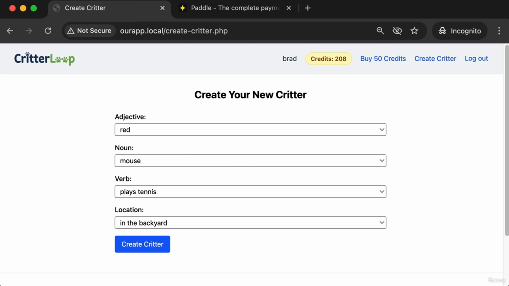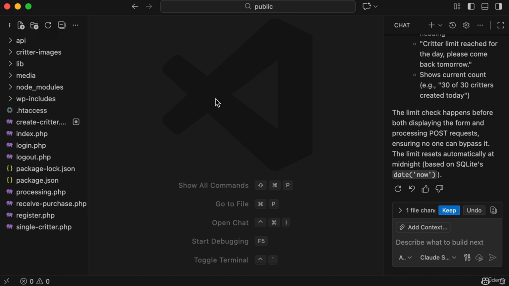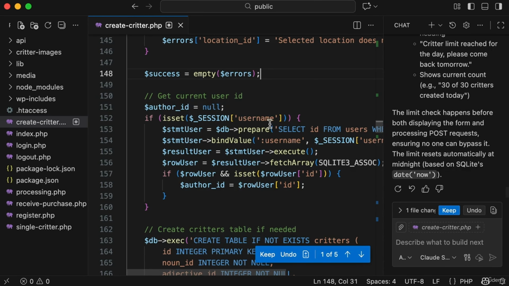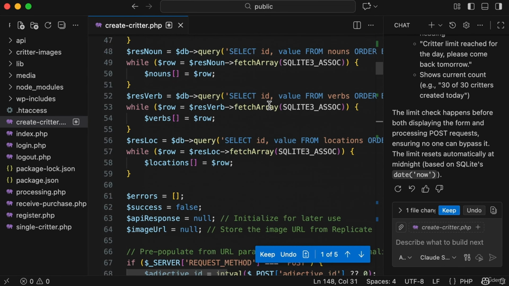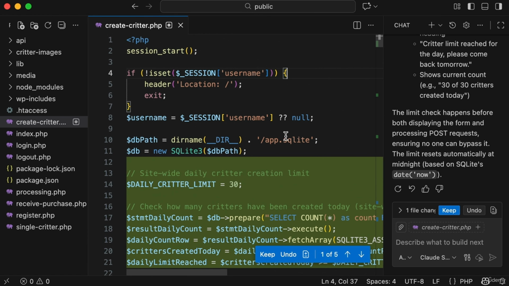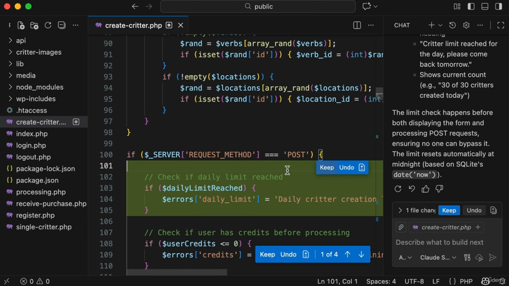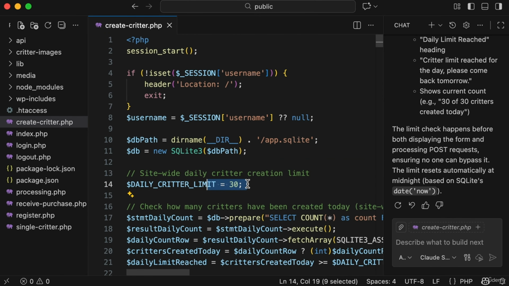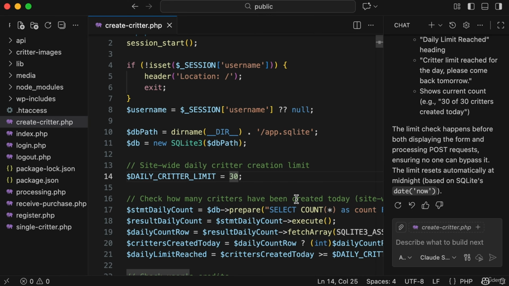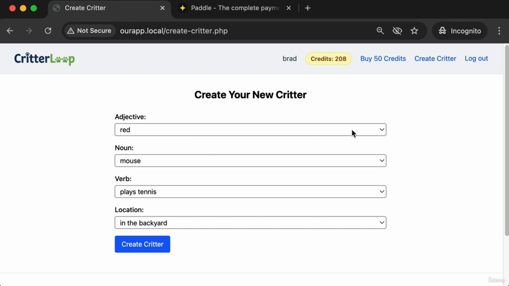So what I would do is just go into that new code that it gave us for create critter. Somewhere towards the top, if you press Command or Control F, search for the value of 30, because that's what we set it to. I'm going to click keep the code. But this daily critter limit, yours probably won't have the exact same variable name, but if we just change this to like 3 and hit save, now we can test this by creating maybe 2 more